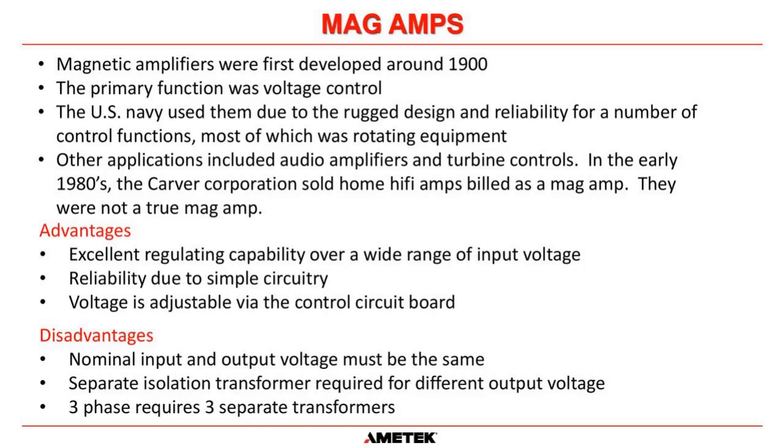The advantages of mag amps are excellent regulating capability over a wide range of input voltage. Reliability, because they're just simple. There's not much to go wrong with them. And you can adjust the output voltage with the potentiometer. Disadvantages, probably the biggest, is that with a mag amp, the nominal input and output voltage must be the same. If you want, say, a typical 480 volt input and 120 volts output, you have to have an isolation transformer